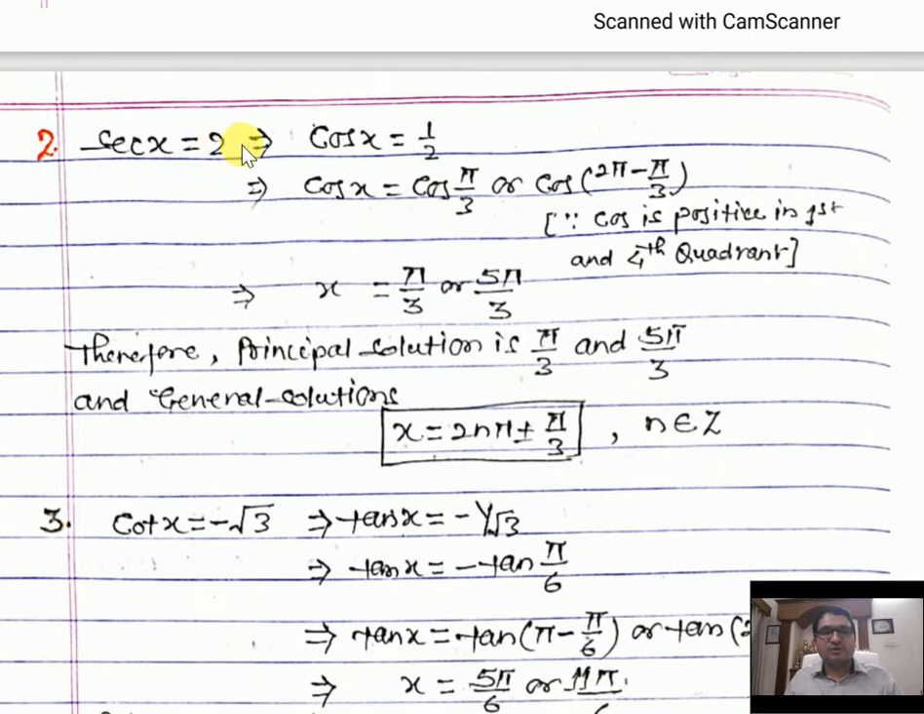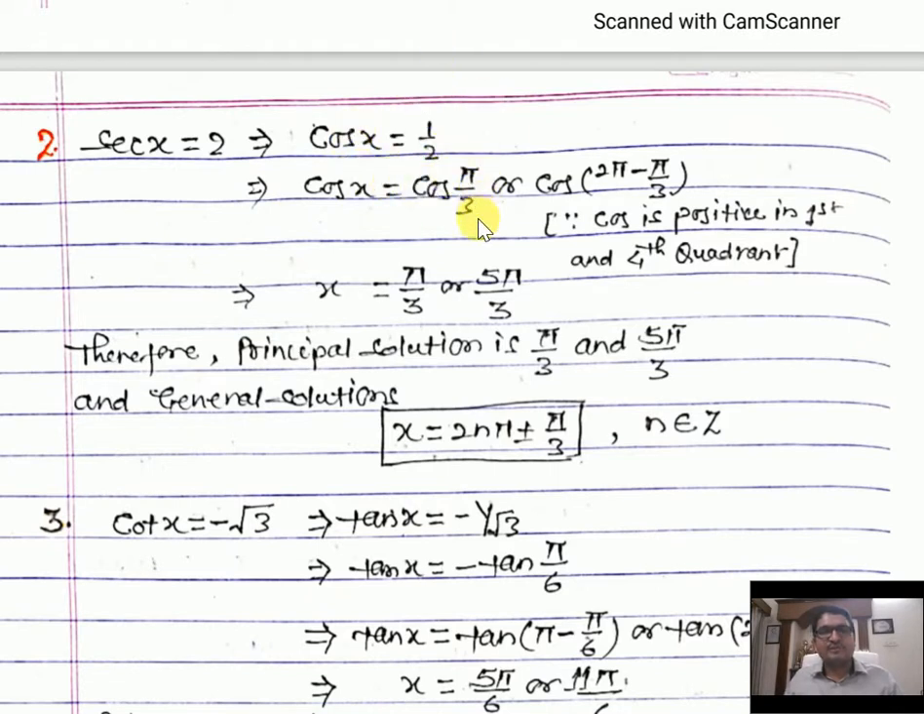Sec x is equal to 2, we have to simplify. So cos x is equal to 1 upon 2. Cos is what? Reciprocal of sec. So sec x is equal to 1 upon cos x is equal to 2. So cos x is equal to 1 upon 2. Now cos x is equal to cos, convert the right hand side 1 upon 2 in terms of cos, so cos